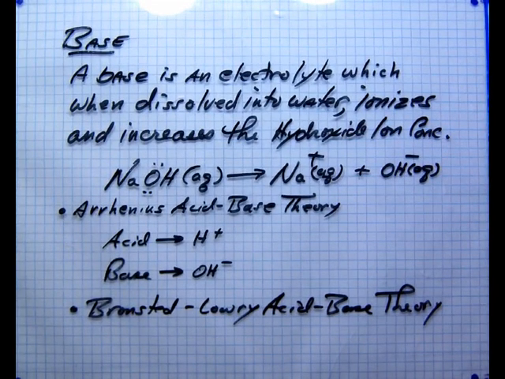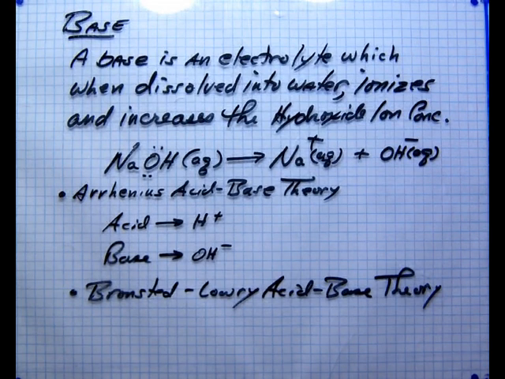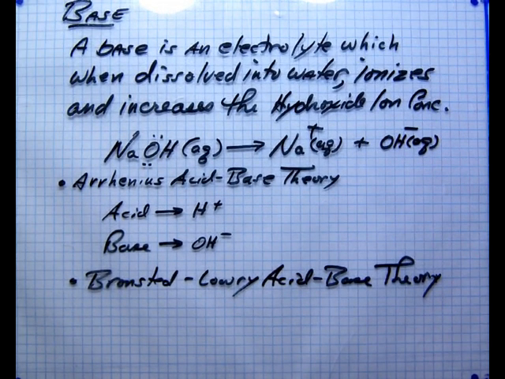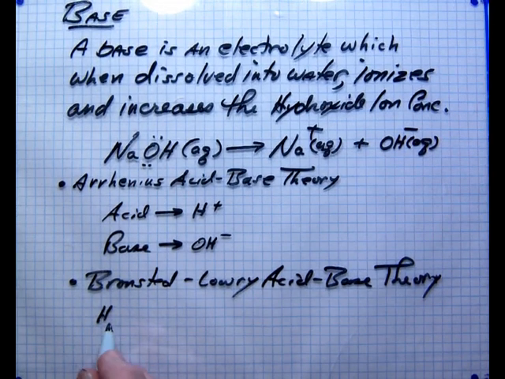In which an ionizable hydrogen is donated to a compound which has a relatively large negative character and would absorb or bond with the proton being delivered from the acid. Okay, I'll use carbonic acid as an example of the Bronsted-Lowry theory. If you have carbonic acid